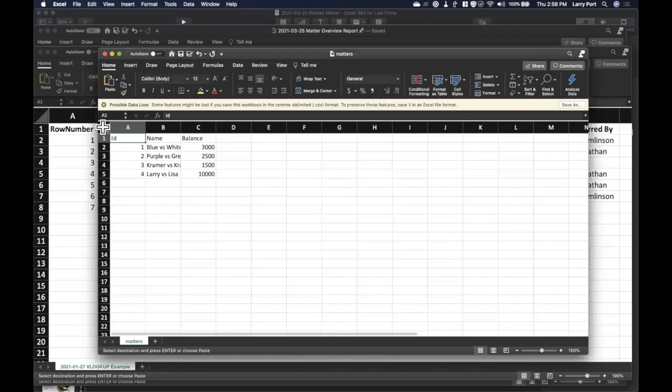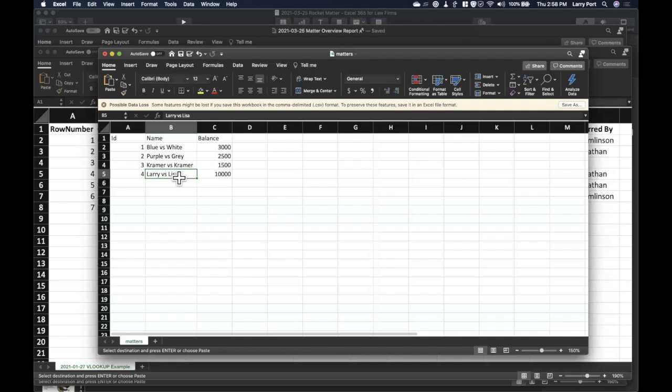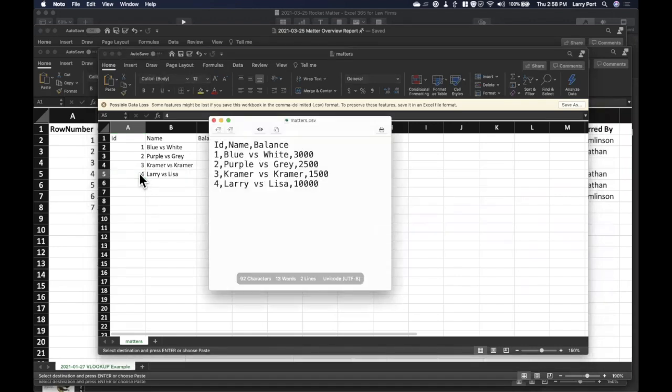You'll see, and I'm going to do my formatting tricks that I showed you at the beginning. Larry versus Lisa's in here, and everything's situated in rows and columns. So it's very important when you're working with a CSV file to save it as an XLSX file so that you get all the rich functionality of Excel preserved, because all this really is this little text file, but Excel's just reading it in an intelligent way. But I wanted to show you that because I wanted you to really understand what a CSV file was.